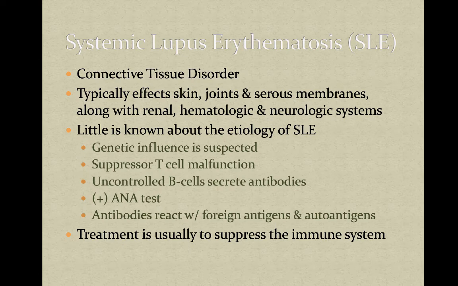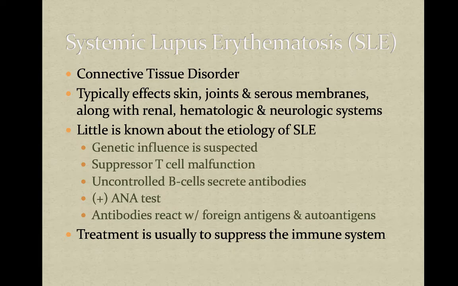The one we'll talk about today is lupus. So systemic lupus erythematosus, or SLE as it's commonly known, is really considered to be a connective tissue disorder. So it's an autoimmune disease that targets connective tissue specifically, mainly skin and joints, serous membranes such as the pericardium around the heart. Lupus also targets organs such as the kidneys, the hematopoietic system, usually causing profound anemia, and the neurologic system. Women are 10 times more likely to develop lupus than men, and we really still aren't exactly sure